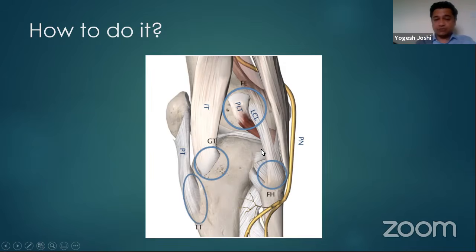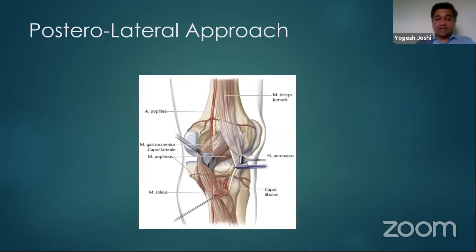And you can see there is a space just above the tip of the fibula, which can give you access to the posterolateral side of the tibia. You have to be careful with the lateral collateral ligament when you approach the posterolateral side of the proximal tibia using a suprafibular approach. And that's the Forsch approach, the posterolateral approach, which you can go from the anterolateral side into the posterolateral part